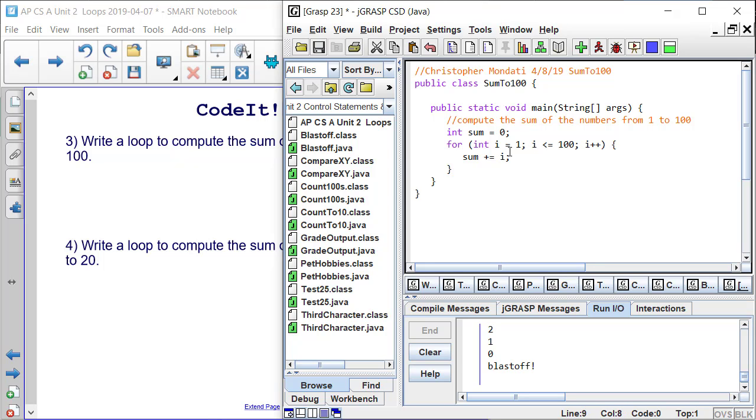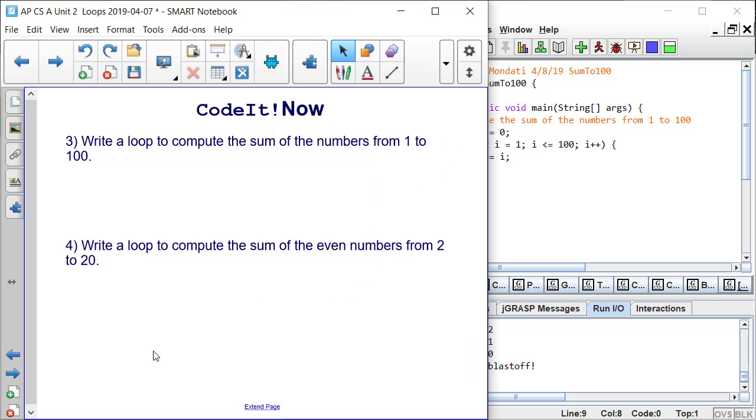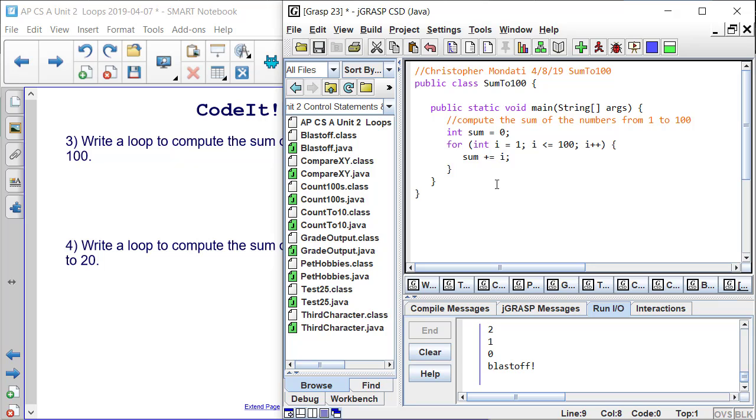All right, and then the last thing we might want to do, even though it's not specified in the code it now problem, it's always nice to check that our program works. And of course, the best way of doing that is by printing it out. So we'll just say, we'll add a comment for that. So print out the result of the sum. Okay, so now we can do a